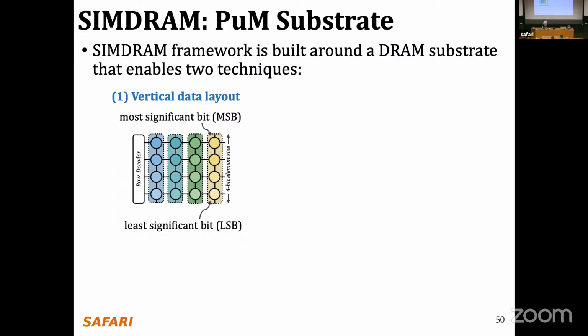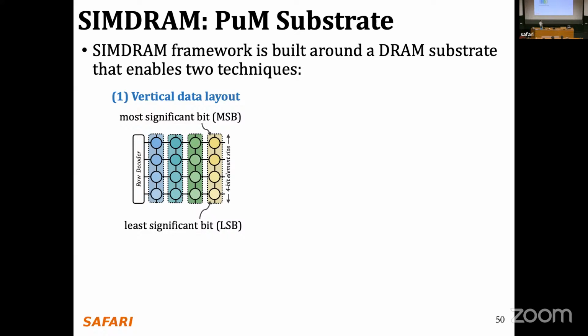So every time we have a piece of data that we want to process using DRAM computation, we are not going to store it in the DRAM subarray using this horizontal data layout that spans the words across the different DRAM columns. Instead, we are going to place the data vertically across the different DRAM rows. What this enables us to do is that the pieces of data involved in a particular operation are stacked together, and now they share a communication path over here.